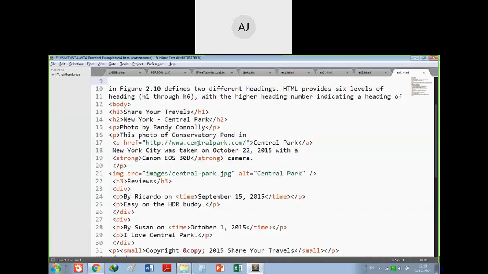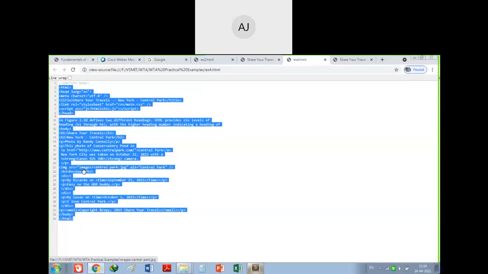This is the code that Google Chrome is showing me, and this is the code I have developed. So HTML code is not secure. Whatever code you write, the client or other persons can see it. That is one of the drawbacks of HTML.